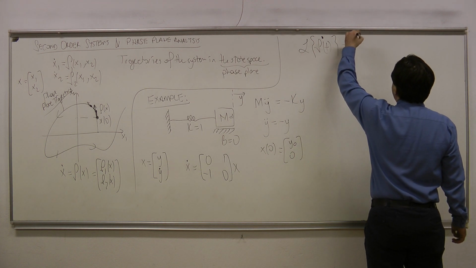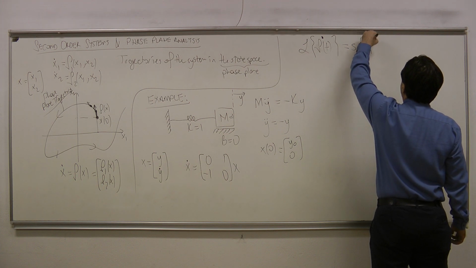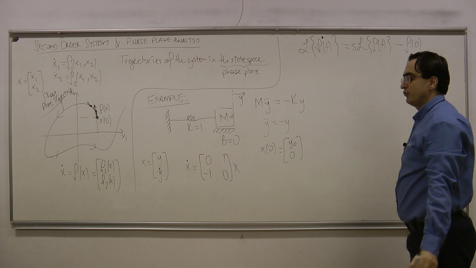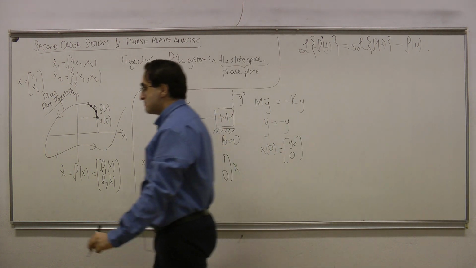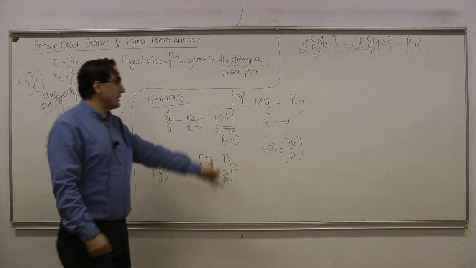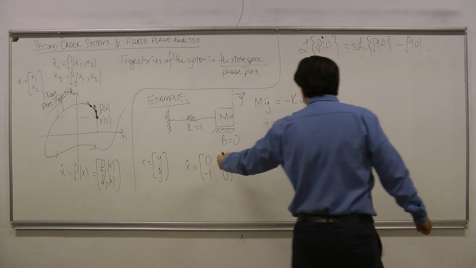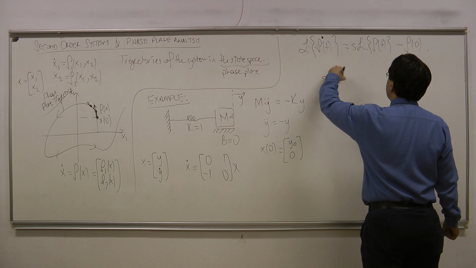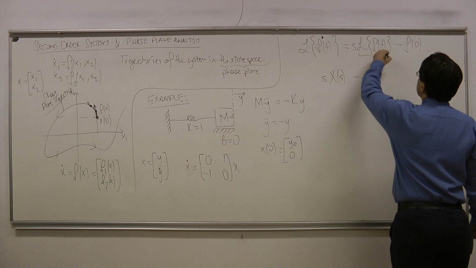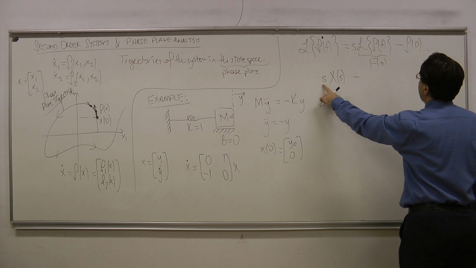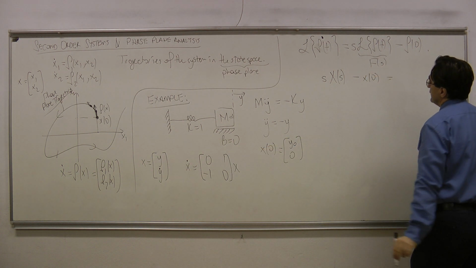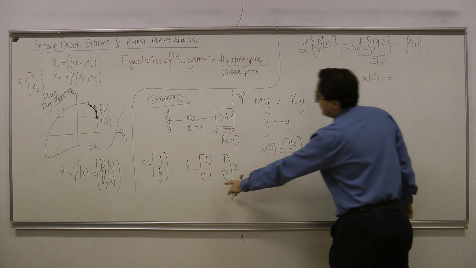This is equal to s times the Laplace transform of f of t minus f of 0, the initial condition. Okay? So I'm just going to apply that rule here. So the Laplace transform of x dot is s times X of s. So this is nothing but F of s here. So this is s times X of s minus the initial condition, which is going to be equal to the Laplace transform